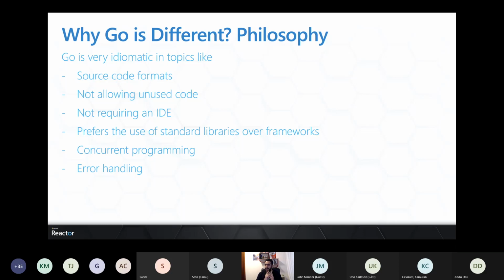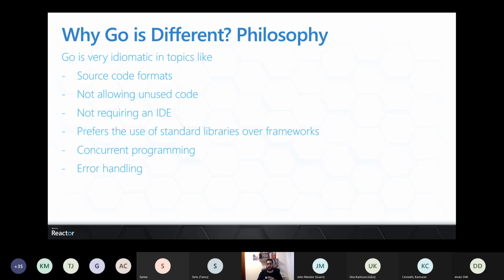The other thing that is different from other programming languages is that Golang prefers to use standard libraries over frameworks. It doesn't mean that frameworks in Golang do not exist, but the creators of Golang were thinking about the standard libraries, saying this is everything that you're going to need. This is the philosophy that we want to continue having: simplicity, and not overcomplicating things.